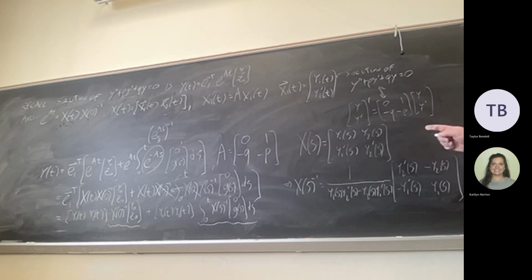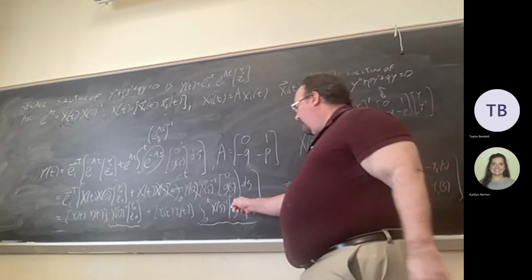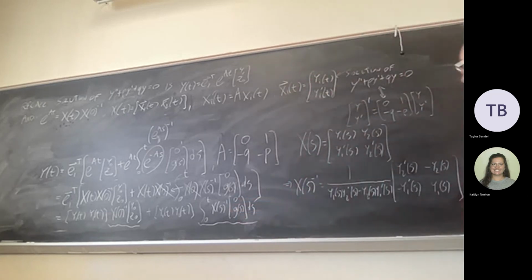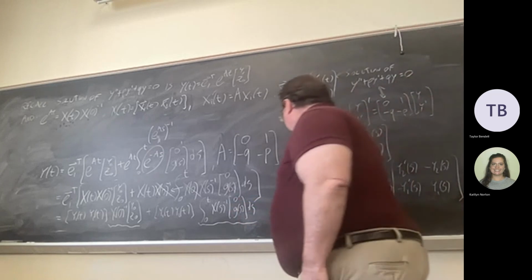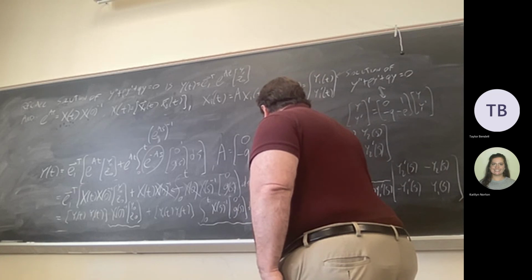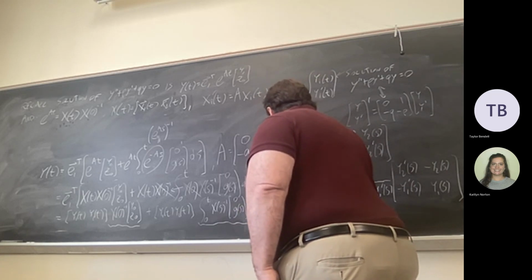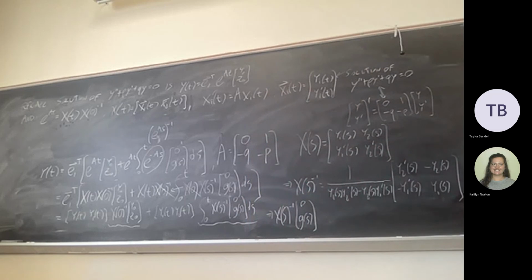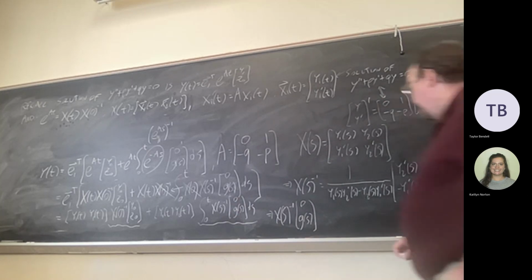So then what I want to do is take that inverse, multiplied by this vector that has 0 for the first component and g for the second component. Now when you multiply a matrix by a vector, you're taking a linear combination of the columns. Well, the first component is 0, so we don't need the first column of the inverse. We'll just multiply g by the second column. So that's going to turn out to be